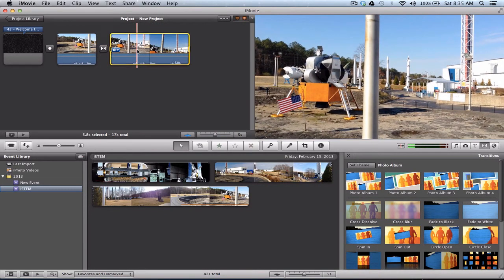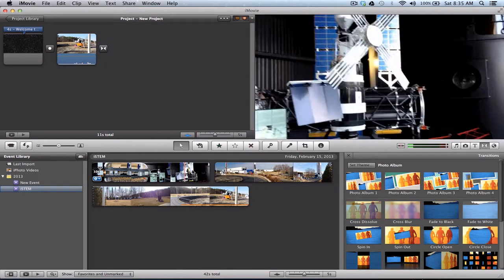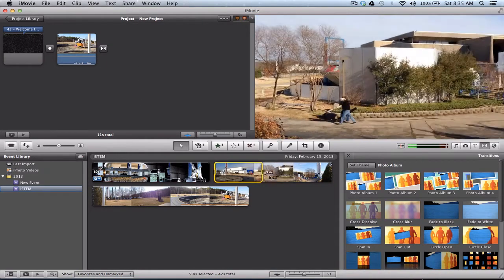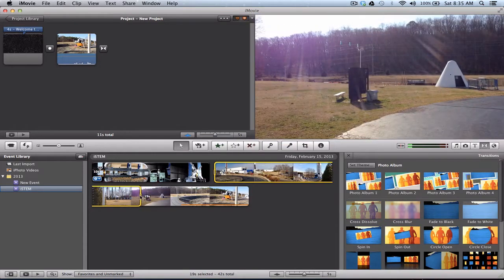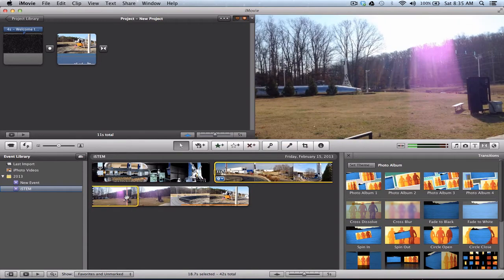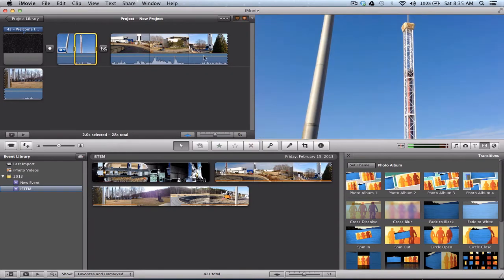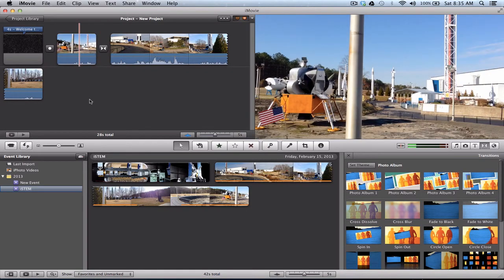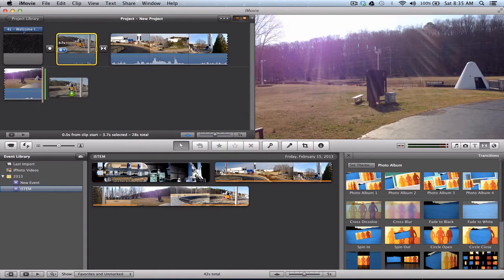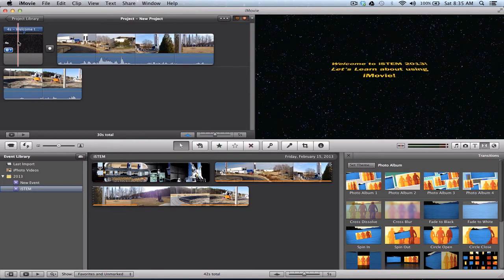I don't really want to do that, so I'm going to remove this one just to show you how easy it is to adjust. And we'll take this piece and put it up here. Or we can even swap them in place if we wanted to. So now,